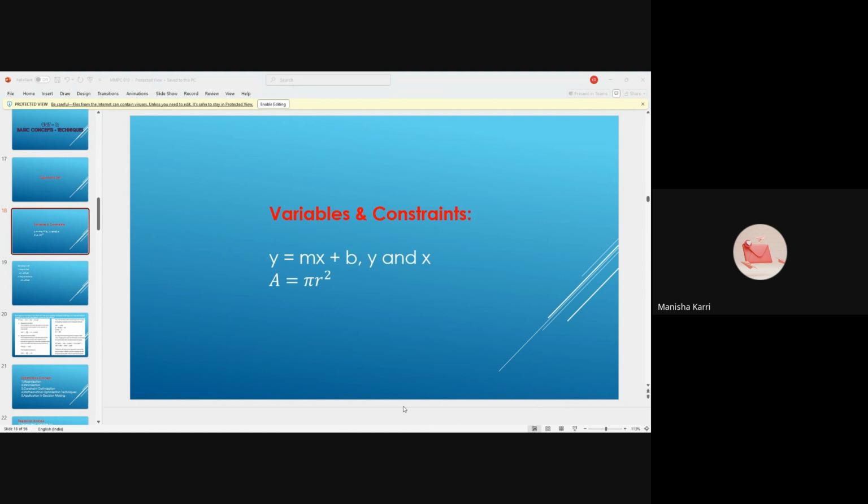Next, coming to variables and constraints. Generally, these are fundamental concepts in mathematics and also in programming. They are also very important in managerial economics. In mathematical programming, a variable is a symbol or a letter that represents a value that can change. It is used to store data in a program or to represent an unknown value in an equation. For example, in the equation you can see on the screen, y = mx + b, y and x are